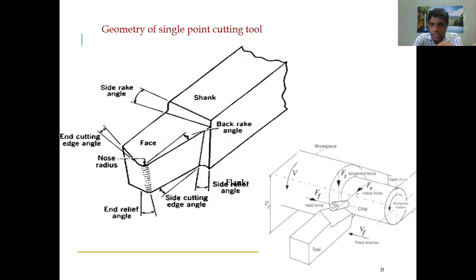In your knife, the handle portion is also called a shank. We call it a shank because it is inserted into the machine and is not involved in the cutting. But it is also made of the same material, especially if you take high carbon steel or high speed steel. Both are made of high speed steel. Every time you grind and sharpen the tool, the cutting portion size decreases, then you can grind this portion also and make it a cutting portion. You can do that, but at the end you need to have a small shank.